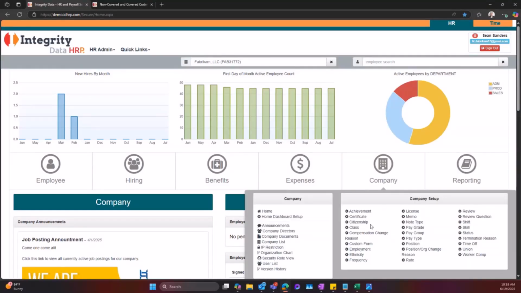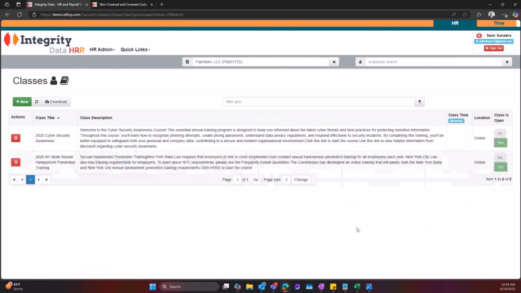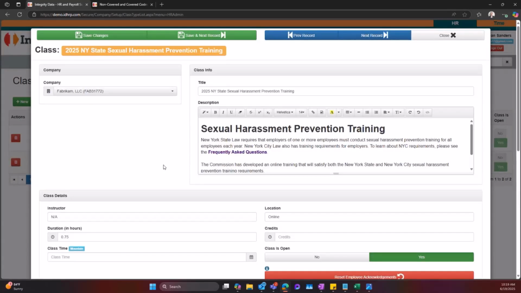Similar to the review section, we are able to create and assign classes. Now, it's an important distinction to note that we aren't an LMS software, but we're close. You're able to create your own classes and specify the title and description, as well as time and location. If we click into this one as an example,